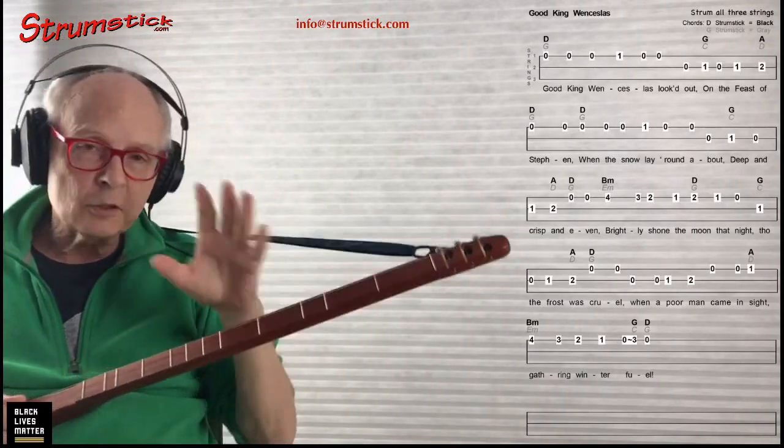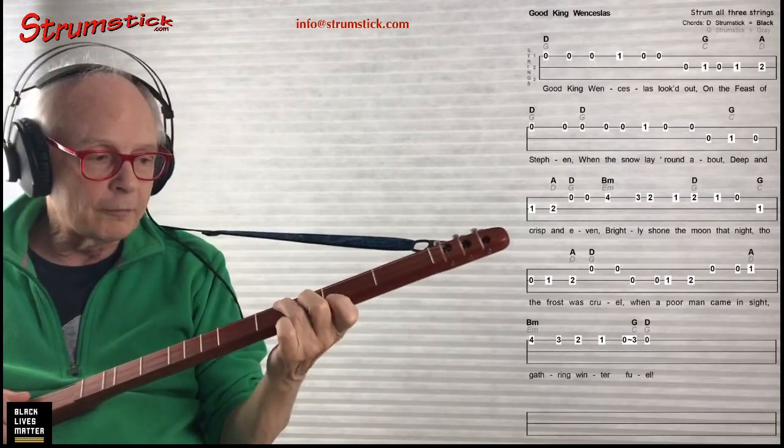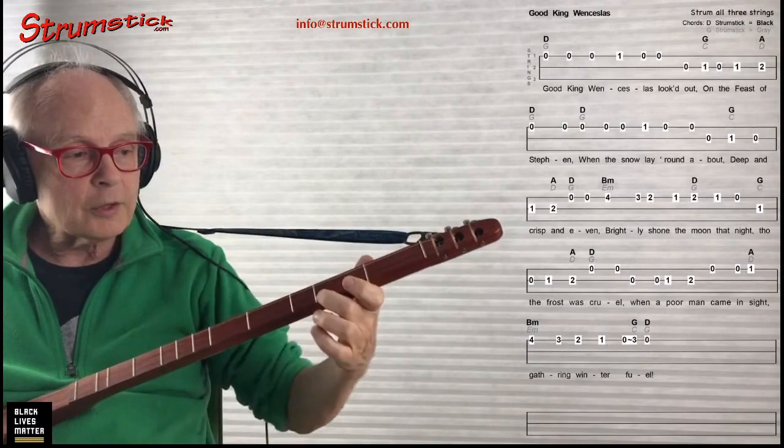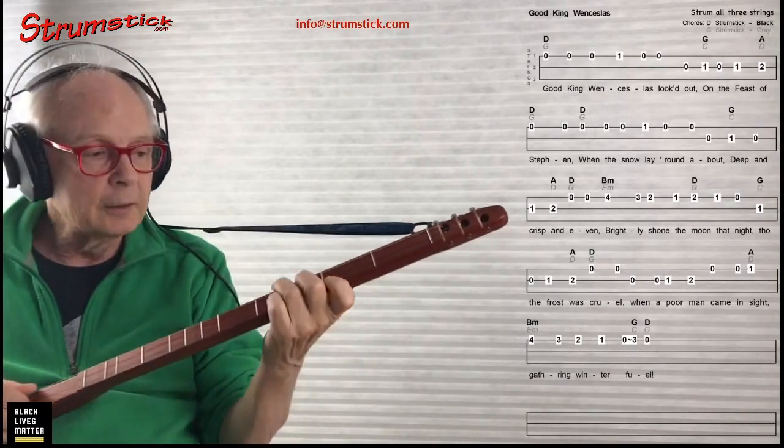So that's a substitute for doing the chords. Now, if you just fingered the chords while you're finger picking, and remember with D, you've got this one, or this one, or this one, or this one. You could finger any of those chords for D. I'm going